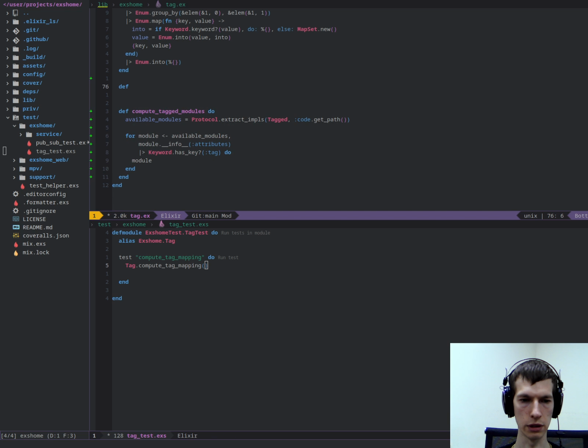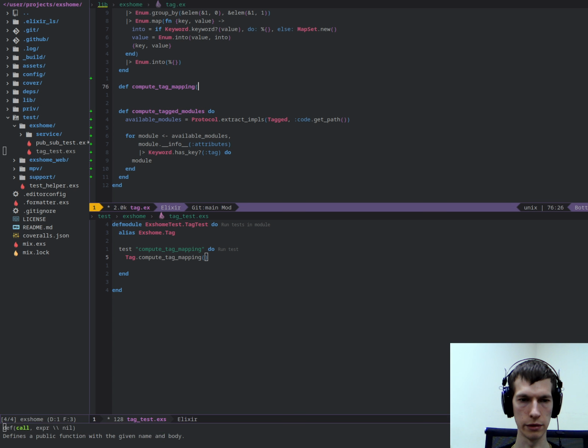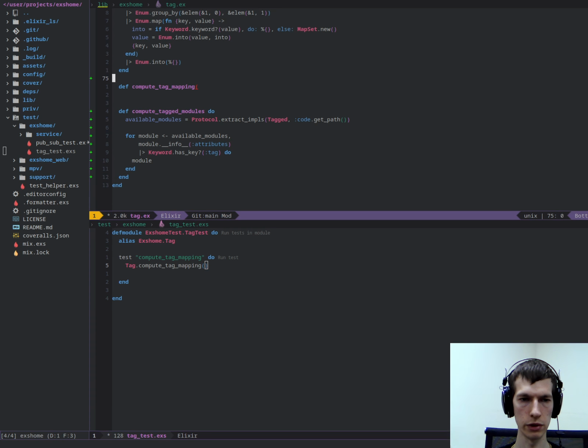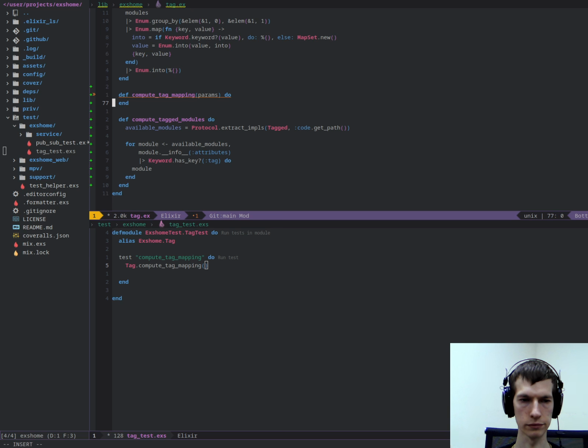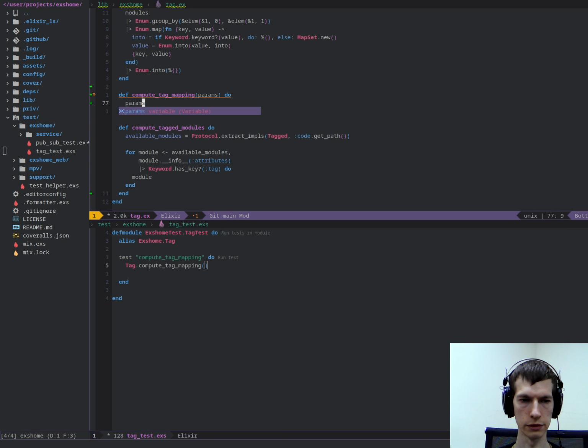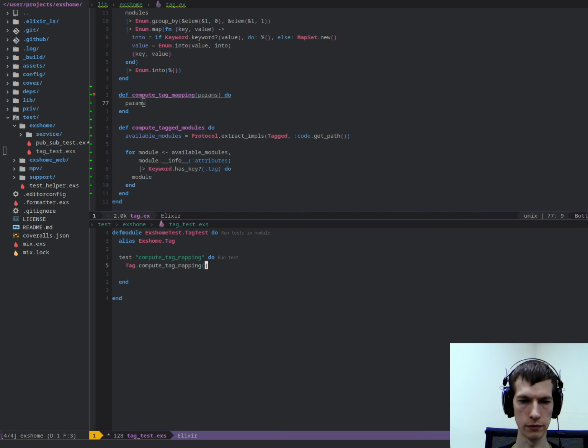Def compute tag mapping with params. Okay. Do and params. Compute tag mapping with